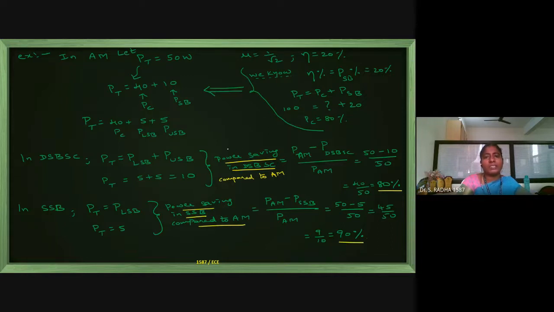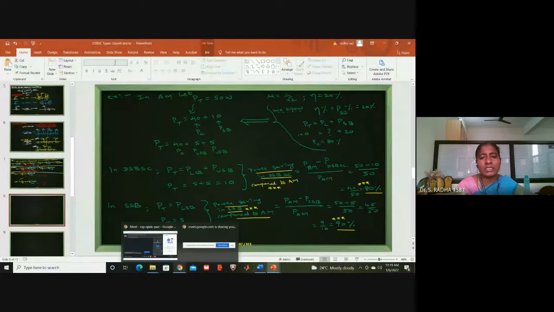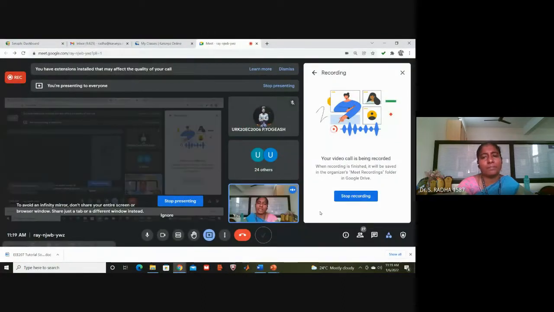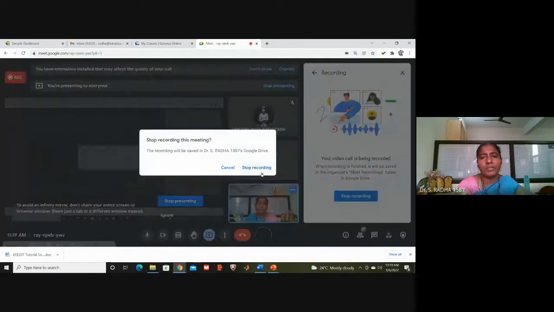Okay, this is the analysis. This is very, very important. Power saving in DSBSC is 80% and power saving in SSB is 90% compared to AM. So we have taken a numerical value of 50 watts as the power in AM and done some analysis to find out how efficient DSBSC and SSB are compared to AM. Okay. So in DSBSC